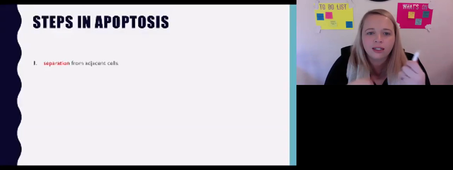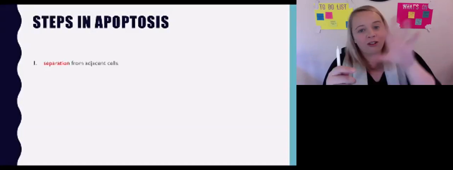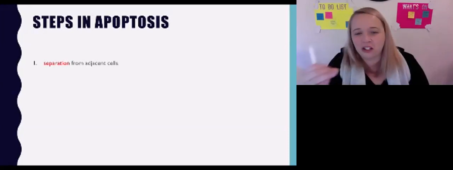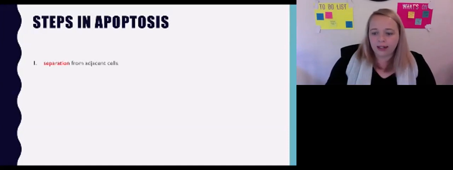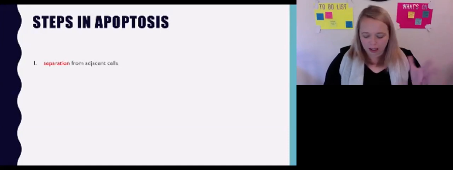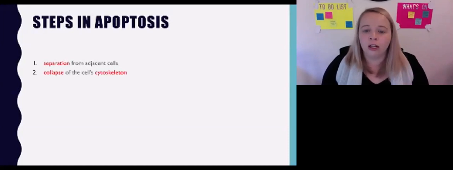If you mentioned the steps, it's kind of like transcription where there are 4 steps in transcription. So long as you mention all the steps, it shouldn't really matter what order they're in. Some of them make a bit more sense. So this separation from the adjacent cells or the cells that are next to it is due to the collapse